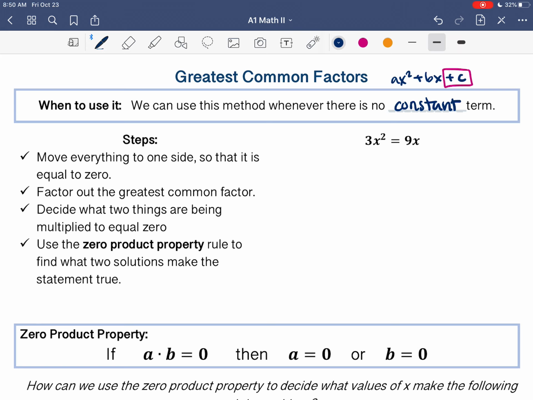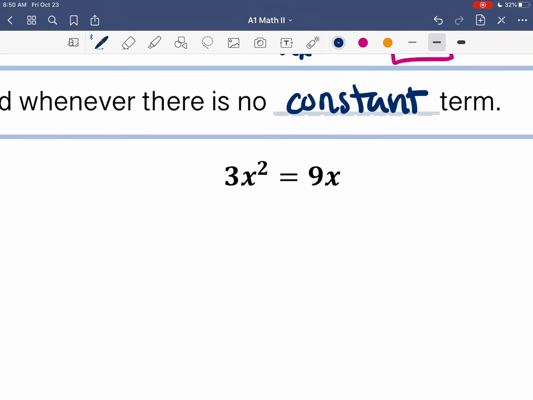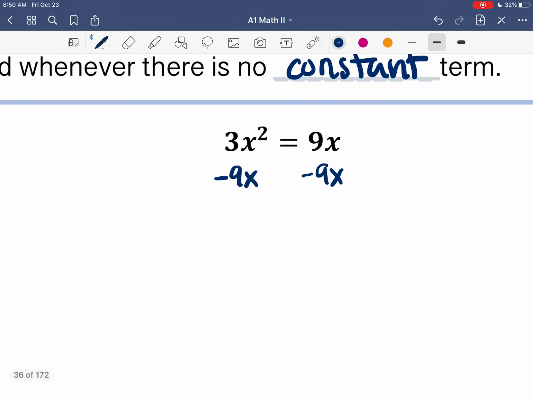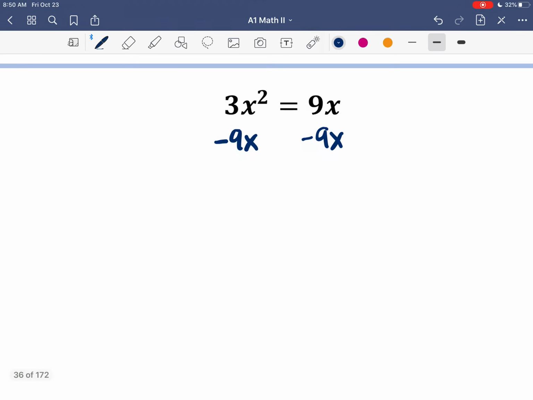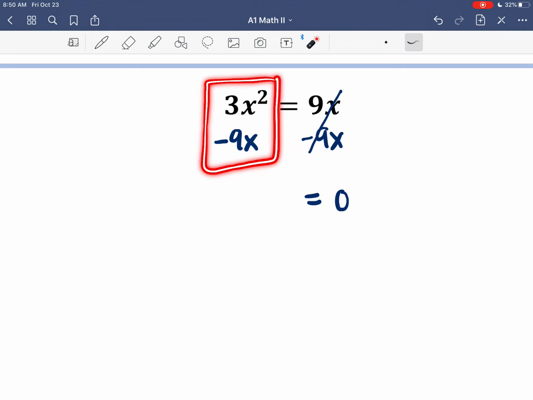which is why we need another method for solving this equation. So looking at the steps, the first one says move everything to one side so that it's equal to 0. So I'm going to, instead of trying to isolate the x, because that doesn't super make sense in this situation, I'm going to instead move everything to one side. So I want to clarify here, when I subtract 9x here, I do cancel this out and that becomes a 0. But on this side, when I have 3x squared minus 9x, I am not saying that I'm taking 9x